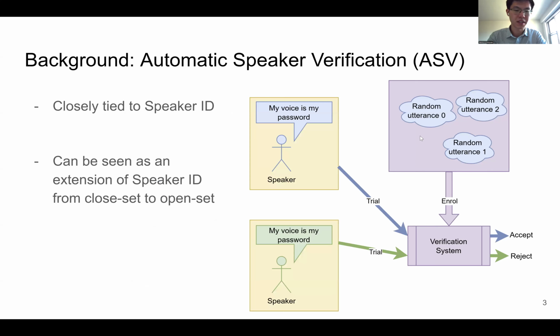Let's define speaker anonymization within a concrete task: automatic speaker verification. An automatic speaker verification system, or an ASV system, works as follows. It is assumed to have access to a number of utterances from one speaker, which we refer to as the enrollment speaker. At inference time, the system is given a single utterance per trial. The system is then tasked with deciding whether the trial utterance belongs to the enrollment speaker or not.